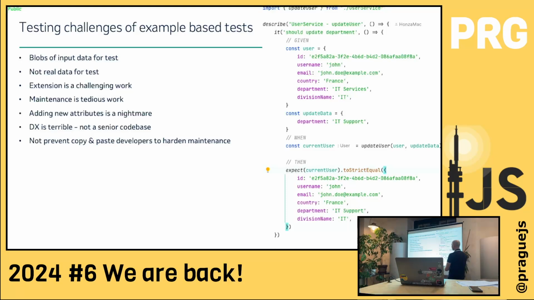So your data are not real, not ideal. And this kind of test is hard to extend. If I add one more field to the user, I will also need to add it in the expect, even if the test is testing the department, because I added a new field which is not actually important in the test.